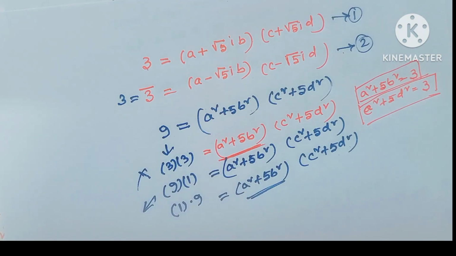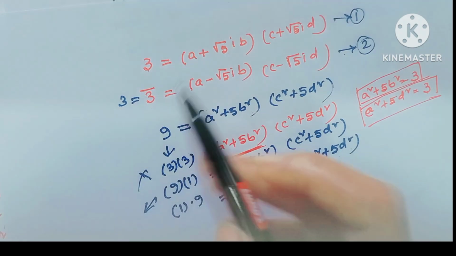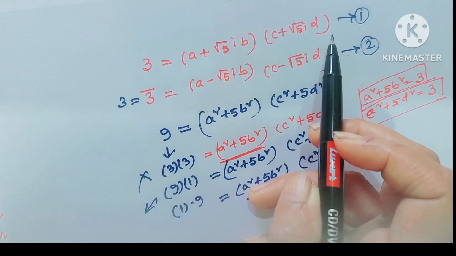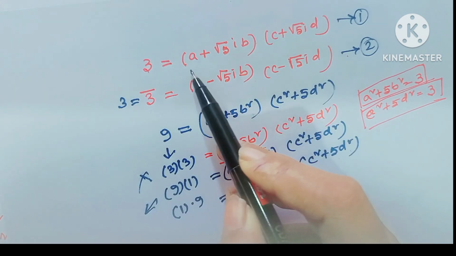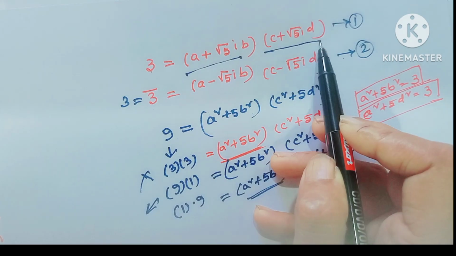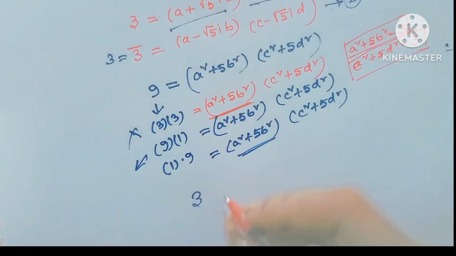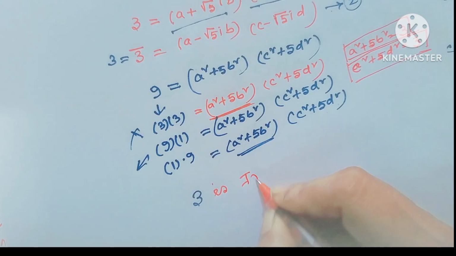So, if we consider 3 equal to (a + √5 i b) times (c + √5 i d), then either this is unit or this is unit. So 3 is irreducible element